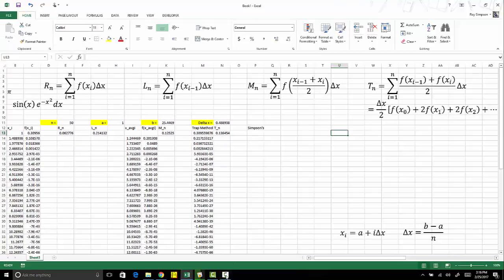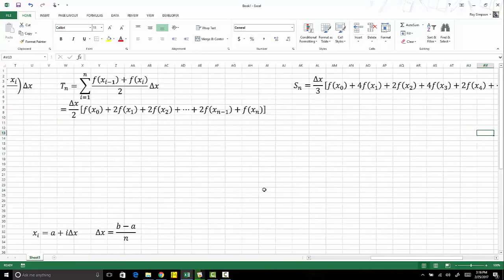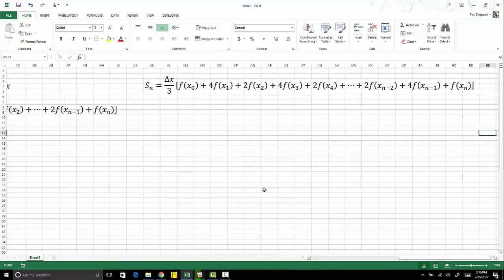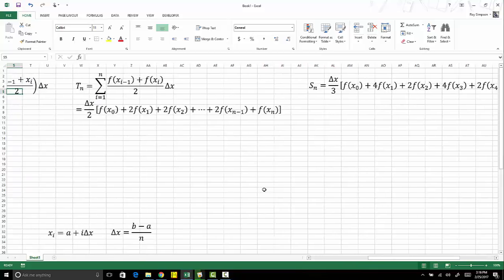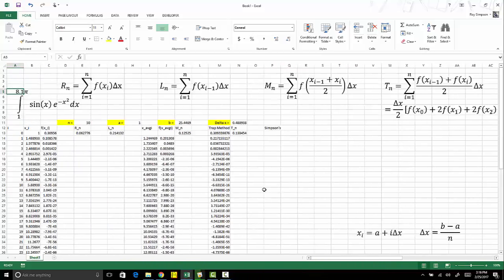Simpson's Rule is kind of nice because we have a nice working formula just like we did for the trapezoid. It's all the way over here. It's going to be a delta x over 3. That's easy enough to type in. And then we'll still have to recreate the function values, but this time the function and then 4 times the next one and 2 times the next one and 4 times the next one and 2 times the next one. So let's see if we can build that easily using the